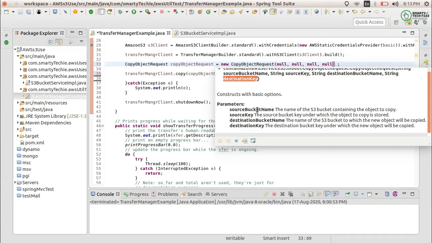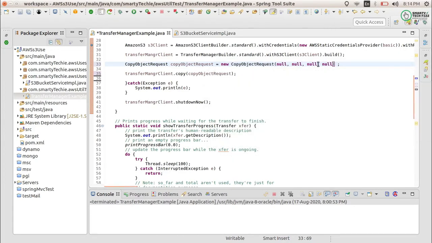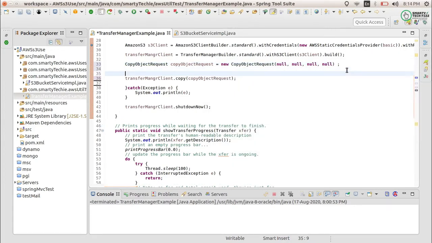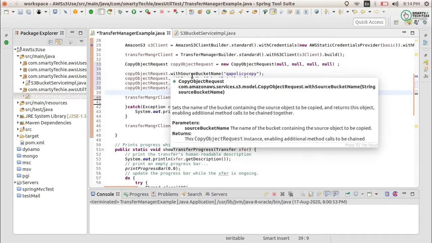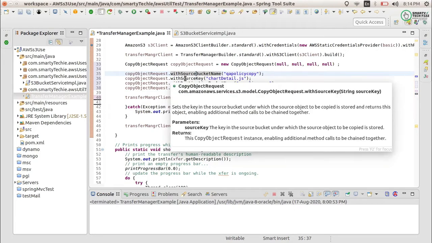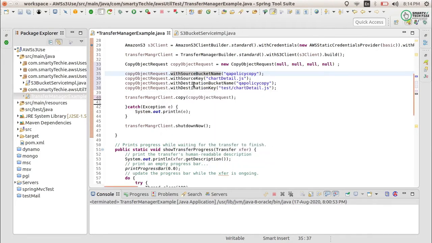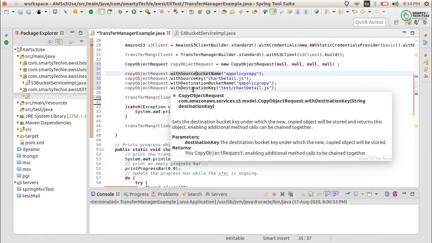You can initialize these while creating an object of it, or another way of using it is to just set the values with the methods provided by the copy object request. Using withSourceBucketName, you can provide the source bucket. With withSourceKey, you can provide the source file. With withDestinationBucketName, you can provide the destination bucket, and with withDestinationKey, you can provide the destination file where you want to copy your object.